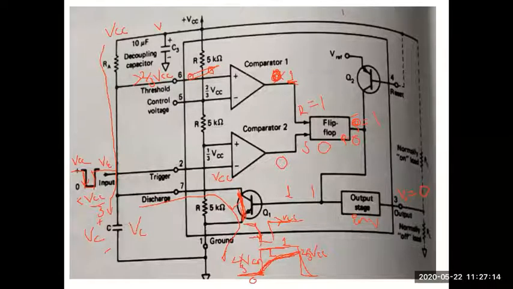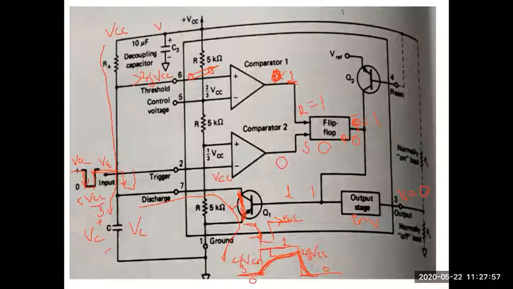So the RC value, the discharge time constant, is very small for this capacitor, whatever the value of C, because this R is the resistance of the on transistor, which will be very small. R into C turns out to be very small during discharge. So the discharge time is very quick. It will almost suddenly discharge to 0. And now it will continue to remain in this 0 state until and unless the next trigger pulse comes, and that trigger pulse should go below 1 by 3 VCC.